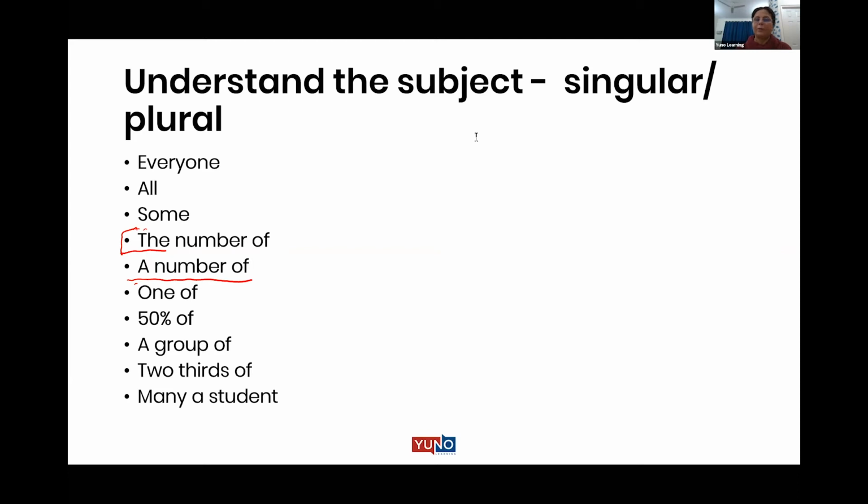Are you familiar with this structure? When do we use this, many a student or many a man? Many a student means how to phrase a sentence, ma'am? Many a student is equal to many students. Okay. But the subject verb agreement changes. So many a student benefits from